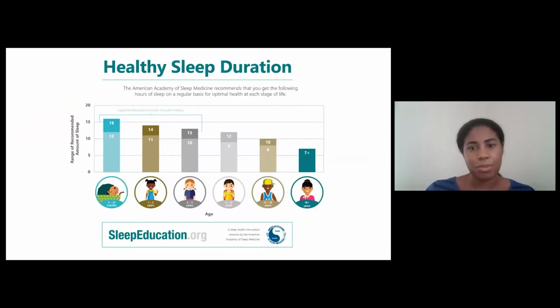So how much sleep does one really need? In adolescence, 8 to 10 hours is what is recommended. Ideally, I guess on average 9, but usually adolescents tend to get about 7 hours of sleep. So they're not getting enough, that is for certain. For adults, what's recommended would be at least 7, likely 8 as well.